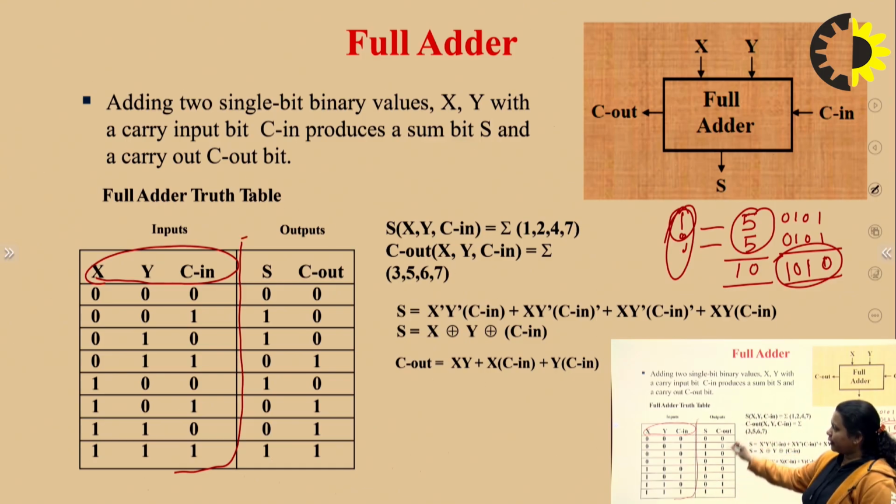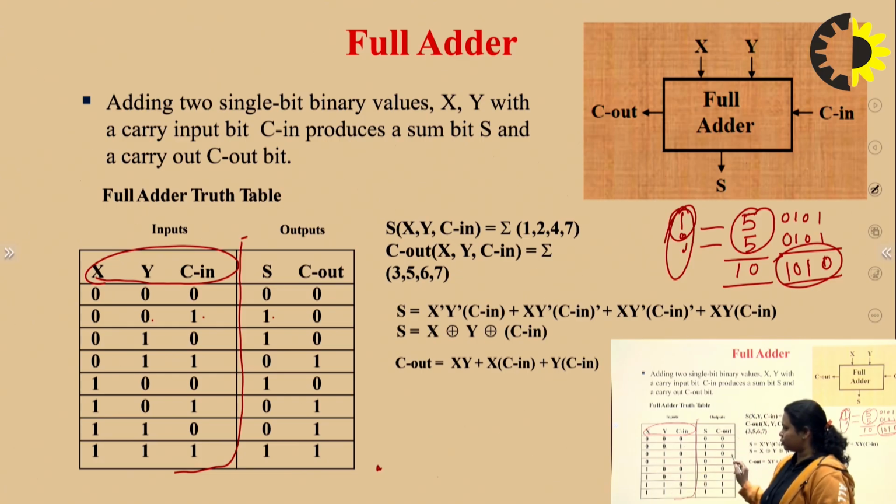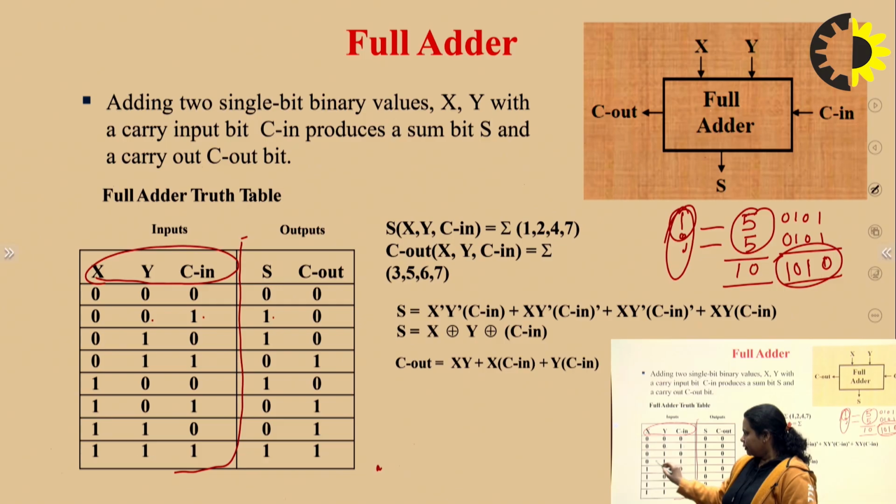We have created this portion on our own. Fine. Now we'll be writing sum. For sum, you see 0 plus 0 plus 0 is 0. Carry is also 0. Clear? Then in the next case, x plus y plus Cin: 0 plus 0 is 0 and 0 plus 1 is 1. Carry is 0. Similarly, this is also the same. Now see, 0 plus 1 is 1. 1 plus 1 is 0 plus 1 is 1. And this 1 plus 1 is 1, 0.